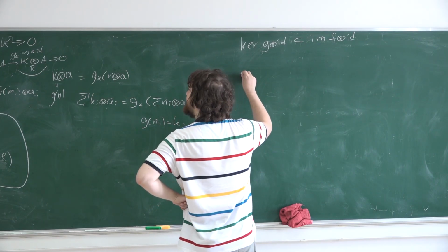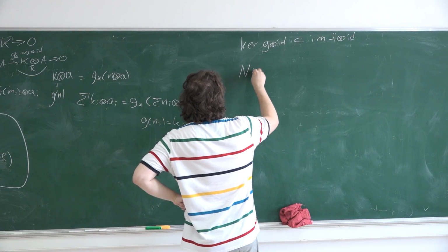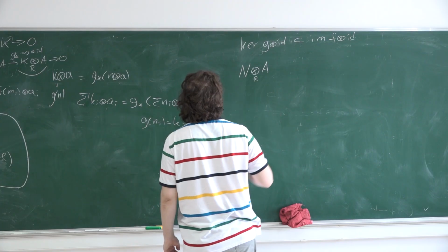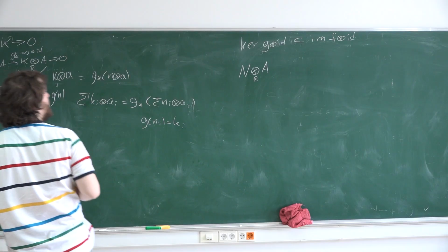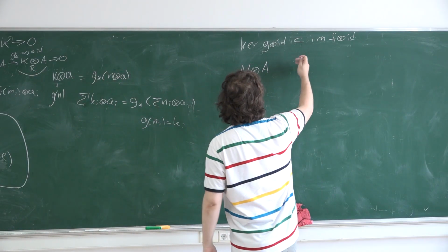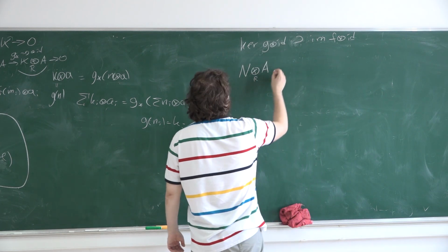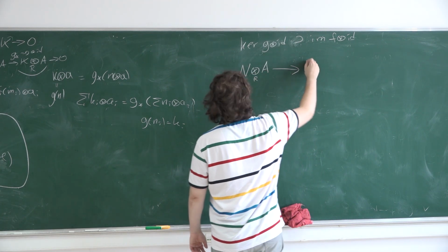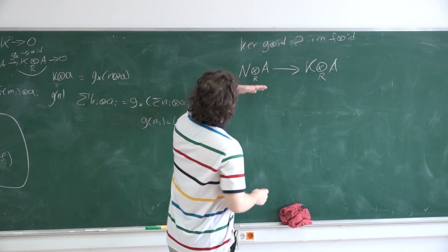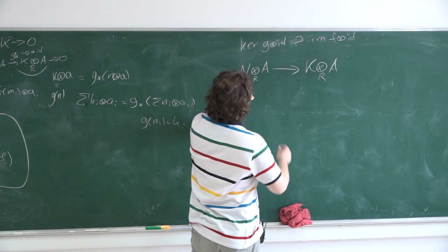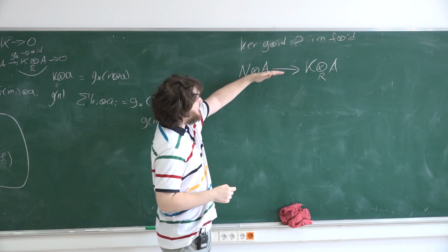Now consider N tensor A. I have the image of F tensor ID, it's some abelian subgroup. And this abelian subgroup, I know this fact. So I have this homomorphism, and the image of this subgroup is in the kernel. So what I want to say is that this homomorphism